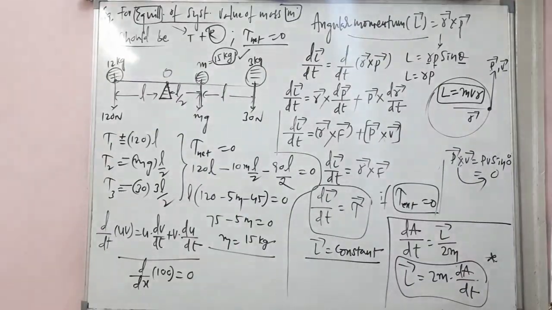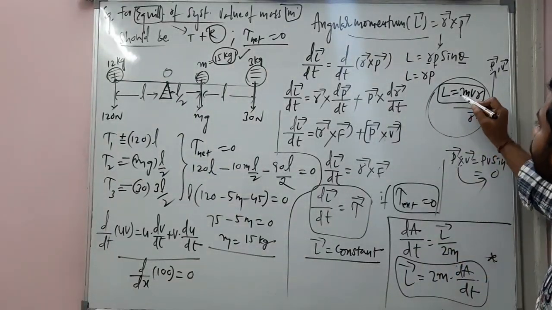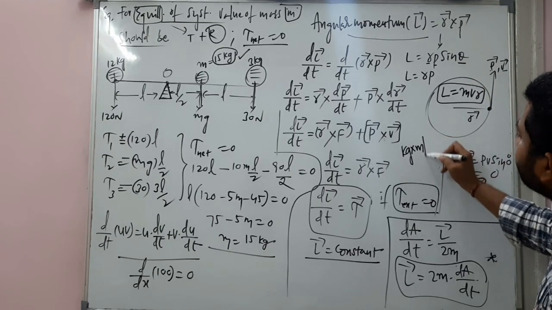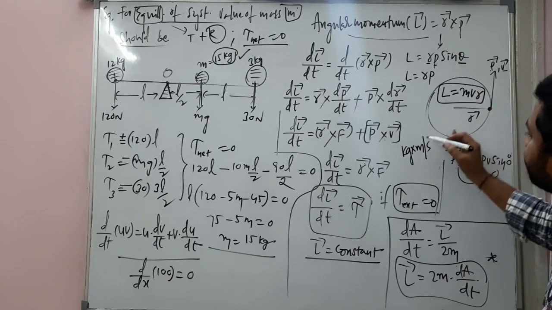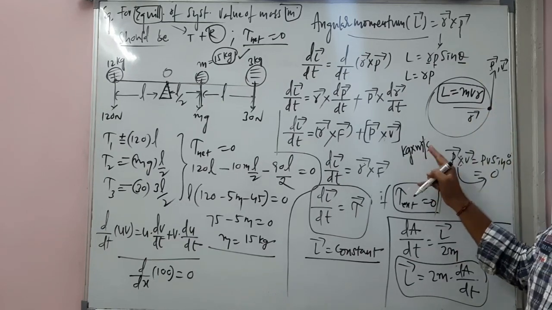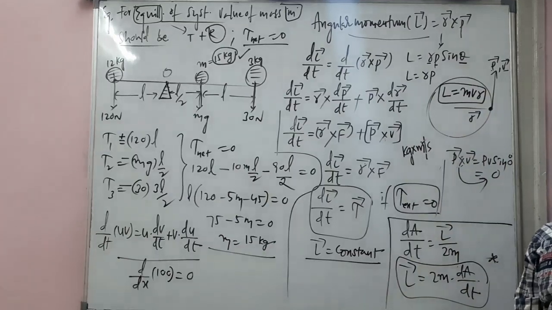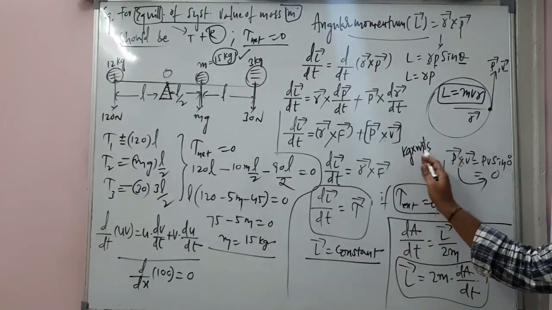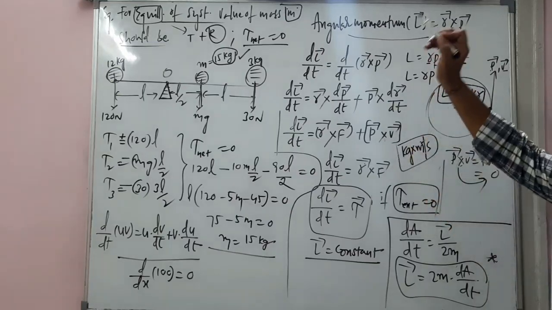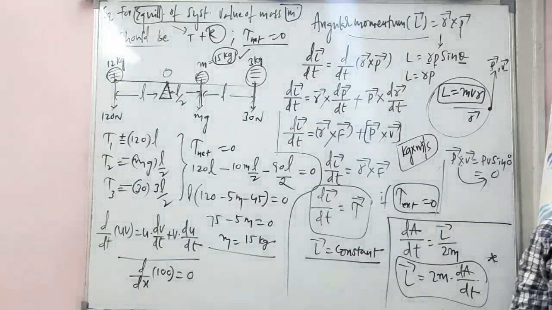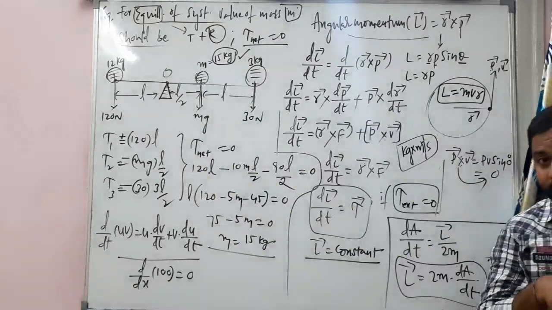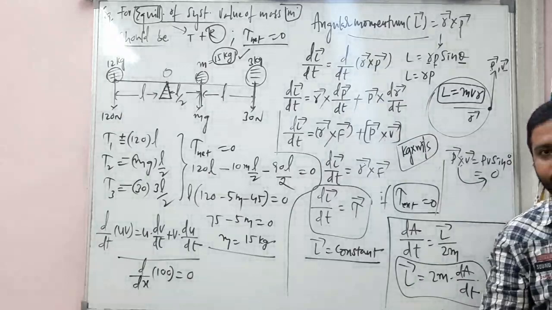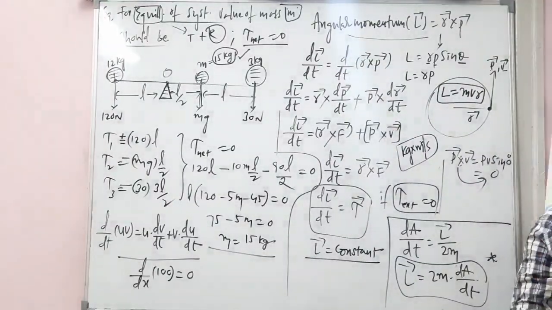Before moving to that, you can see here, L is equal to mvr. m is in kilogram, velocity is meter per second, and r is meter, so meter square. Look at the SI unit of this angular momentum. What is the SI unit of angular momentum? kg meter square per second. kg meter square per second is the SI unit of angular momentum. And we'll solve one or two basic numericals related to angular momentum right now.